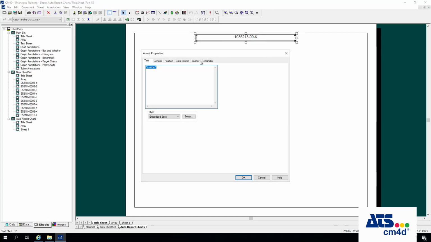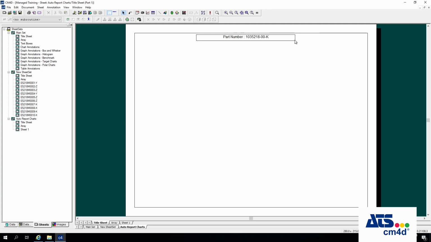Of course, you could have other information in here, add something like part number, like so, to make it more elaborate, but the idea is basically the same for putting together either one or multiple text boxes, or maybe a table that has variables in order to display the information you need for your title sheet. But once you have that, to do the auto report, there's a typical way, which is having a